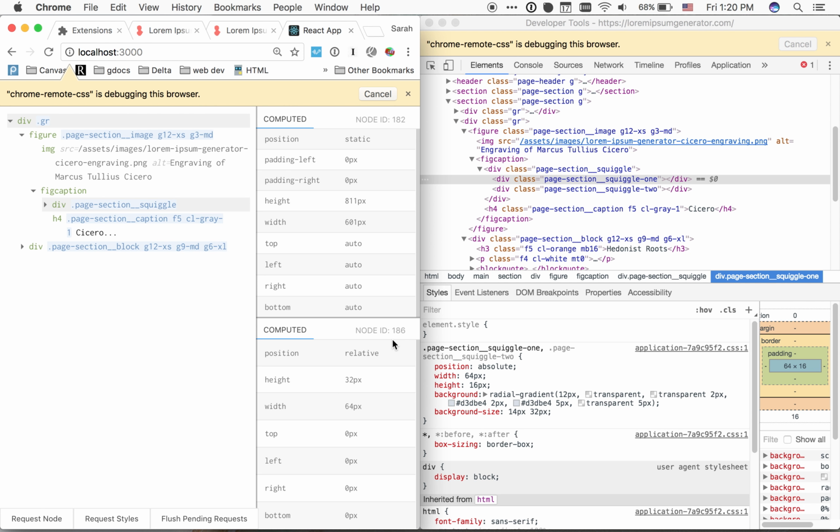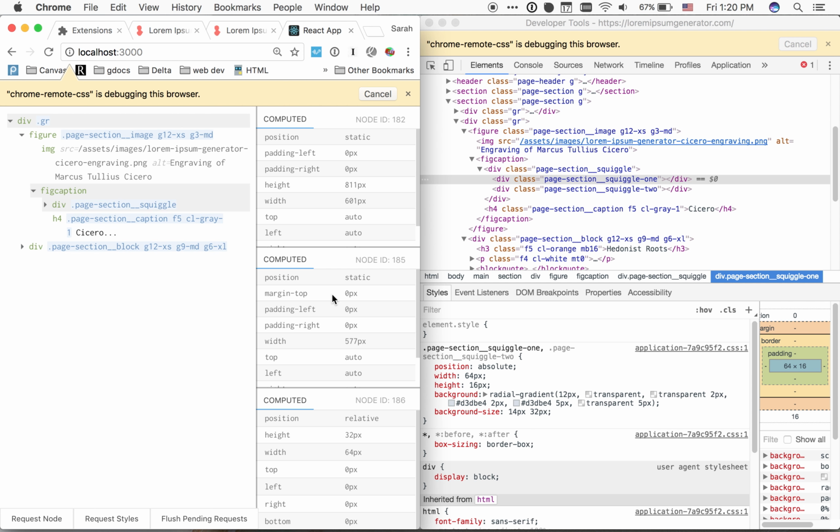And so the first thing we notice is that this particular child has a position value of relative. We didn't finish implementing a lot of the CSS visualizations we wanted to, but this is a proof of concept that demonstrates how you can understand relationships of properties that require you to see multiple elements at once, where you can't do that at all in the current inspector. So by noting that this position value is set to relative for the squiggle, we can ask, what is it relative to? If you take a look at the parent figcaption,